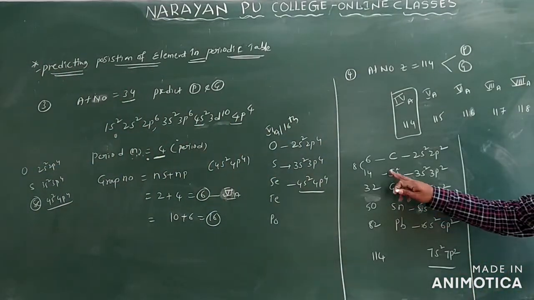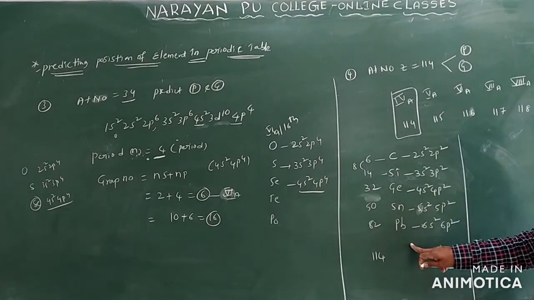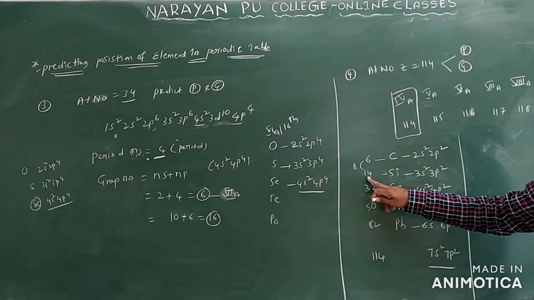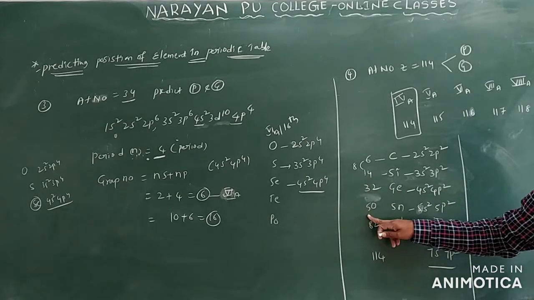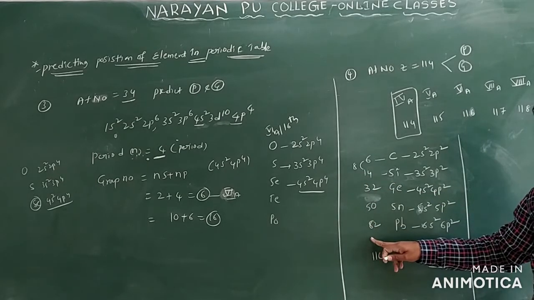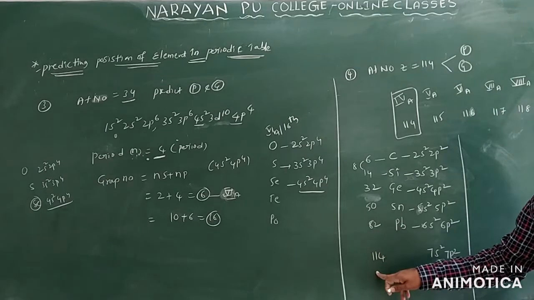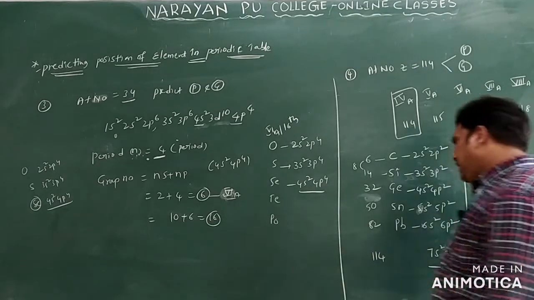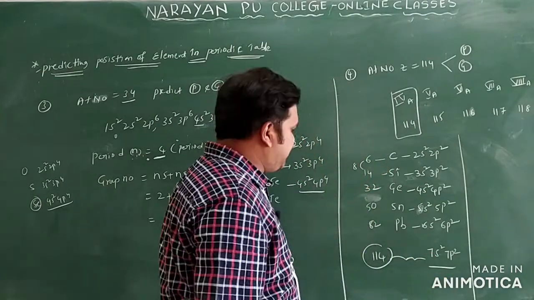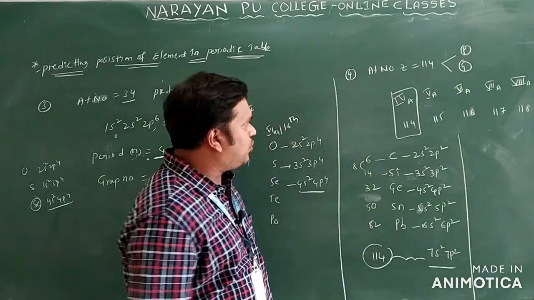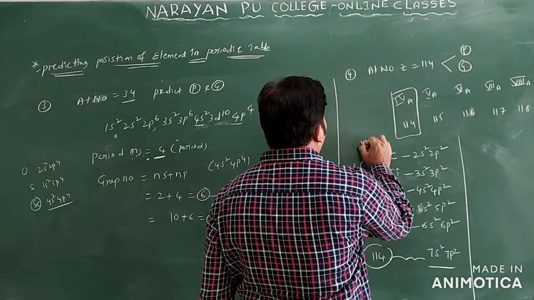And now we'll see here carbon, silicon, germanium, tin, lead. Carbon we have 6 only. So silicon 14, we can add 18 here, 32, and again you can add 18, 50, and to 50 we can add here 32, 82. How much will you get? 82 plus 32, you will get 114 only. 114 one element is there. That element belongs to 7th period only. It belongs to which group? Carbon means this is the 4th group only.